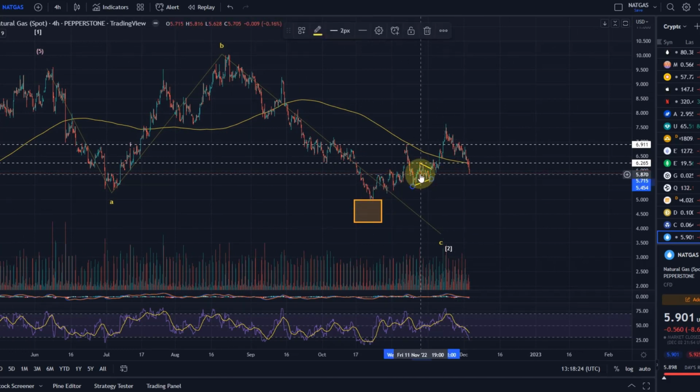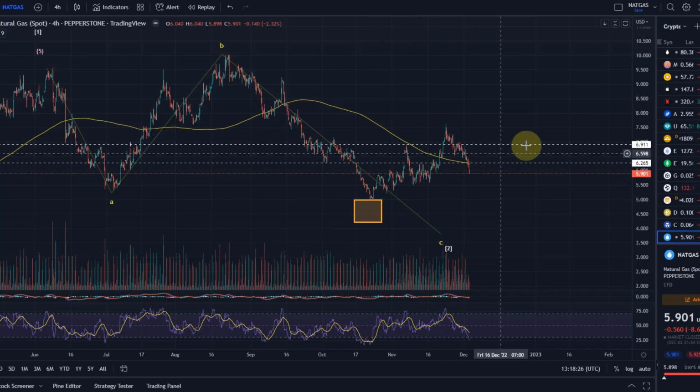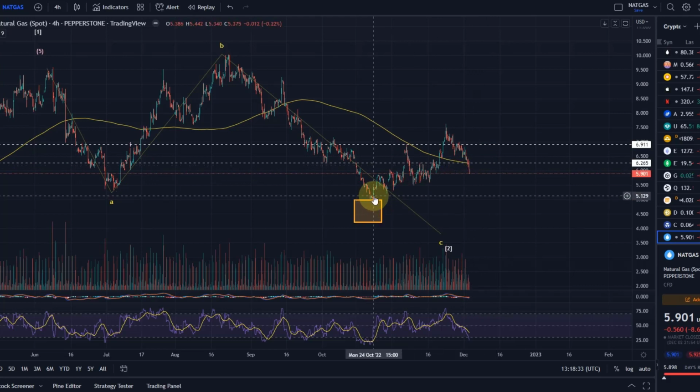What you generally see here is that this looks like a corrective mess. So I don't think we've already seen the overall end of the bear market here. I don't think this was the end. It could be, but we talk about options and the likelihoods in this video. So my view is